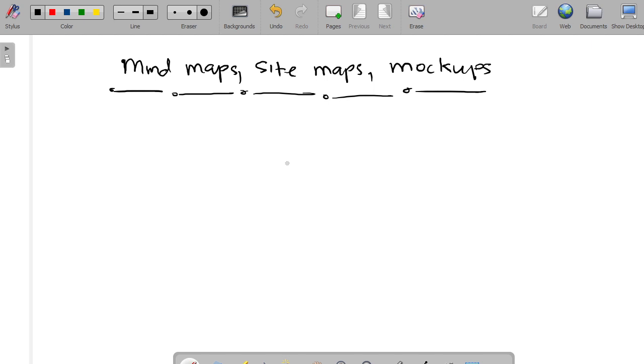So, what are mind maps exactly? A mind map is just a representation of the ideas that we have for our website. What sort of pages we want on the website, how many pages we want, what kind of things we want to appear on the website. So it's a very disorganized representation of what we want our website to be like, or what we want to have on our website. So if we are doing a mind map for, let's just say, our portfolio website,